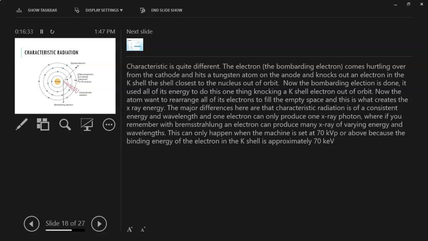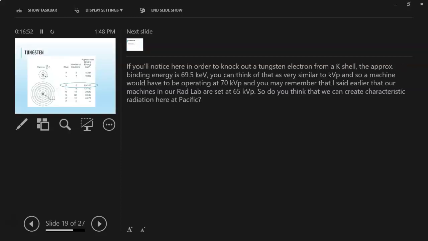So the characteristic X-rays can only be produced if your machine is set at 70 kVp or above, because the binding energy of the electron in the K-shell is 70 keV. And you will see that here. I think it's the next slide. Let me show you here. Yeah. So if you look at this slide,